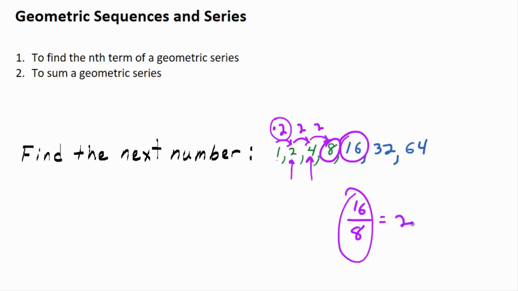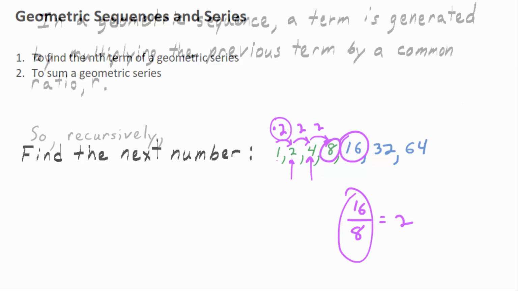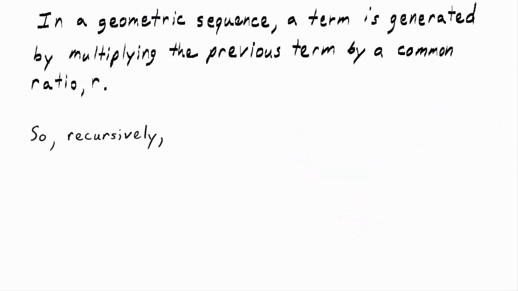But you can also think of it as the constant we multiply by to get the next term in the sequence. Just to put in writing what we just said, in a geometric sequence, a term is generated by multiplying the previous term by a common ratio. We call it R in general. So recursively, can we come up with a recursive formula for a generic geometric sequence? To get the nth term,